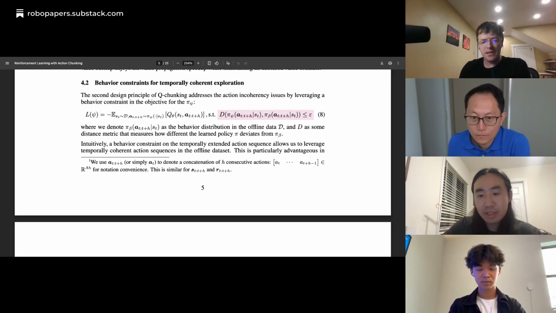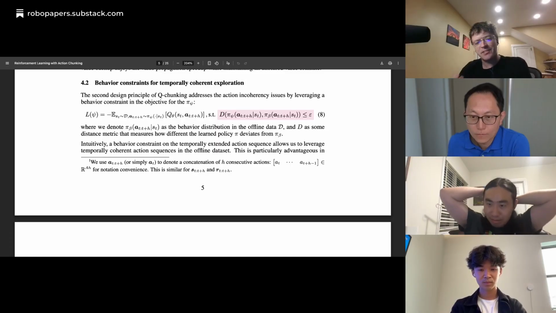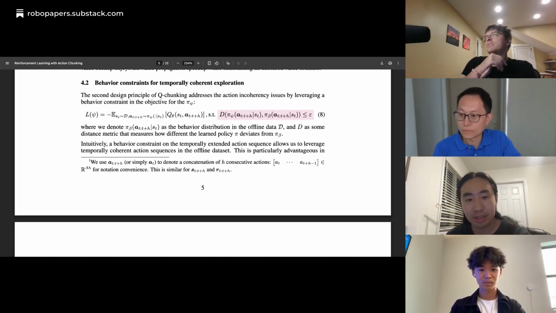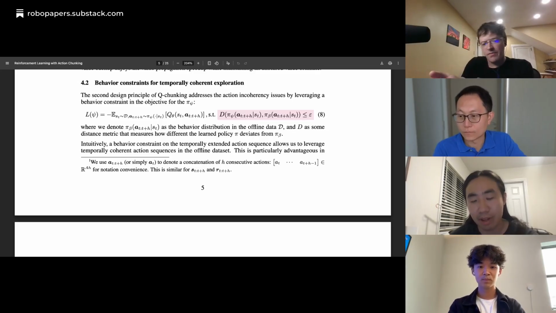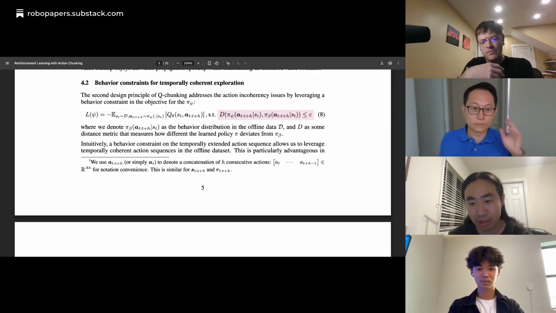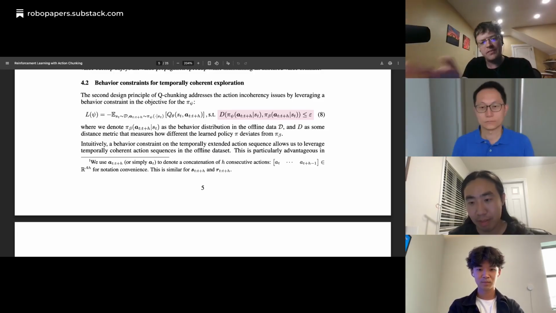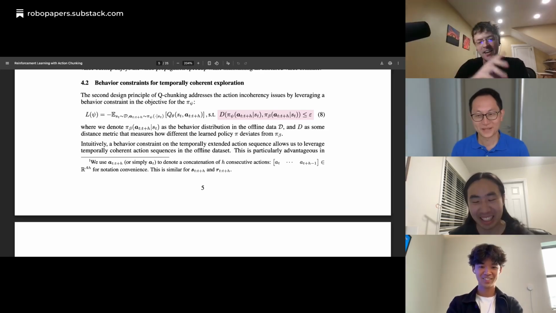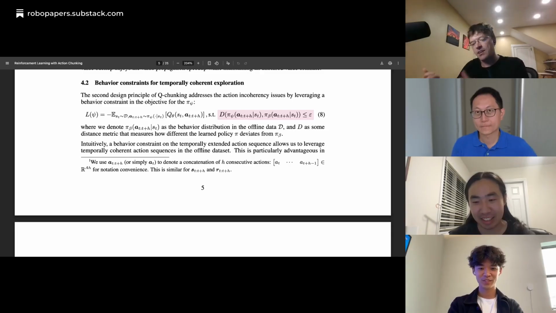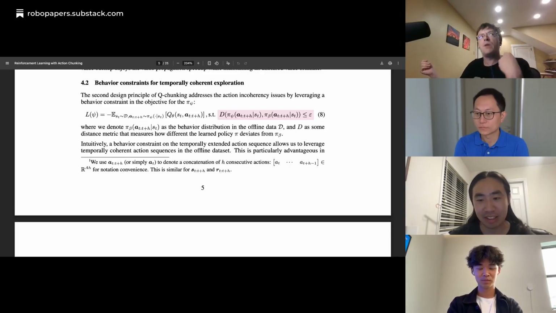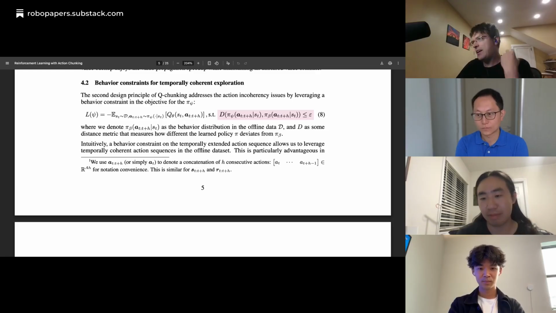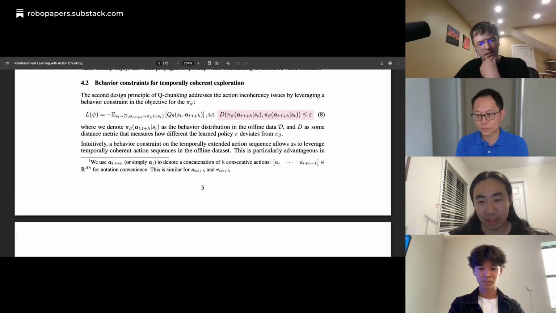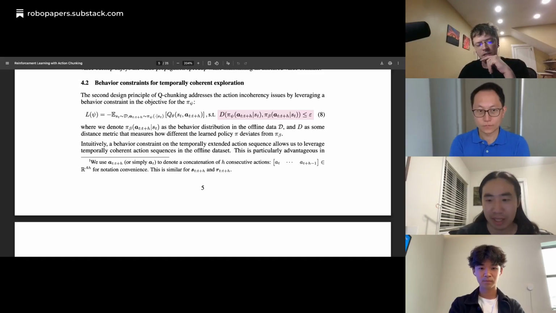So let me give my intuition for how I understood this, just to make sure that we're on the same page. Let's say we have a 6-DOF robot action space, and we have an action chunk length of 50. If you're just sampling from a Gaussian distribution in 300 dimensions, you're essentially going to get something nonsensical, like just jitter, just shaking your hand around in place and doing nothing. But if you add in these behavioral constraints so that it has to look like a trajectory from the action space, all of your samples will be meaningful, and that's why you're saying temporally coherent exploration. Is that right? Yeah, that's correct. That's basically it.